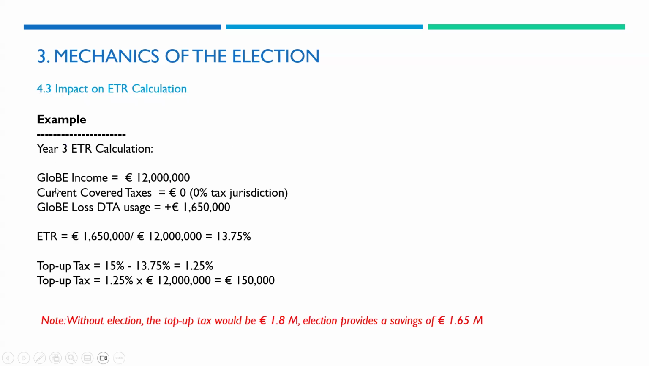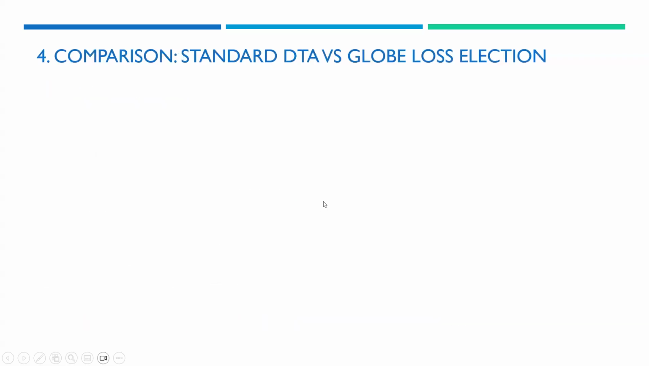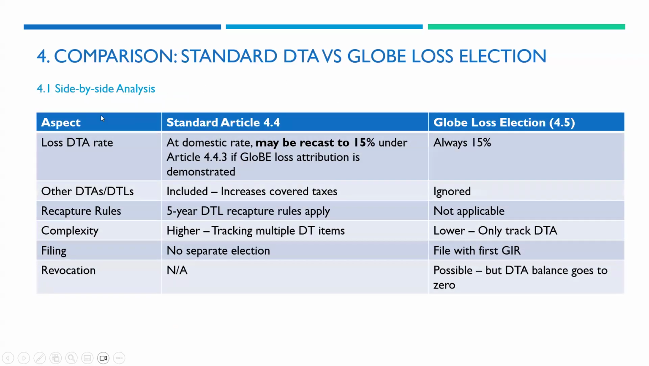So year three ATR calculation, globe income is 12 million. Let's say current covered taxes is zero. So globe loss is this, and this would be used as your top. So, okay, if you do a side-by-side analysis of 4.4 and 4.5, loss DTA rate at domestic rate may